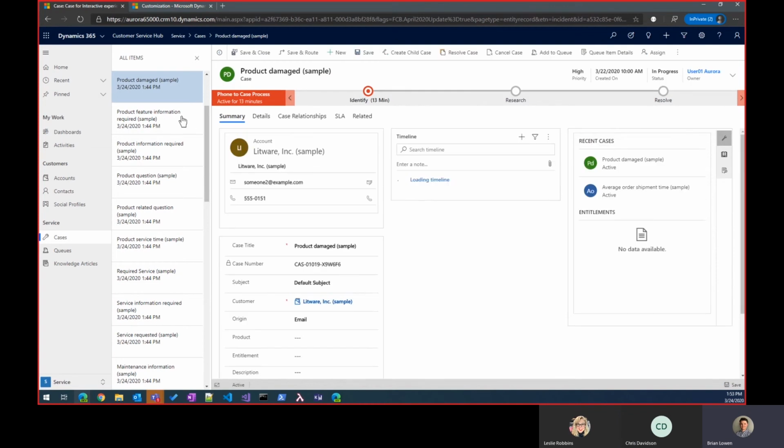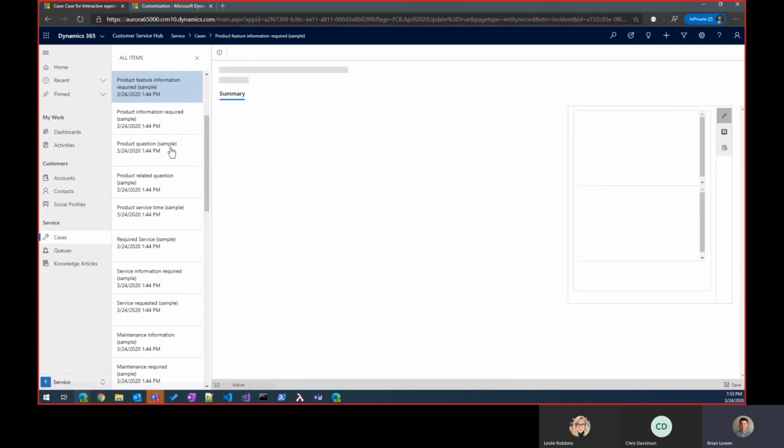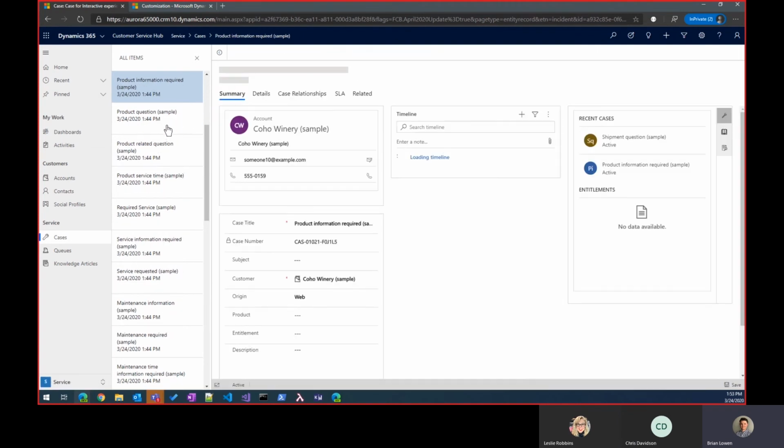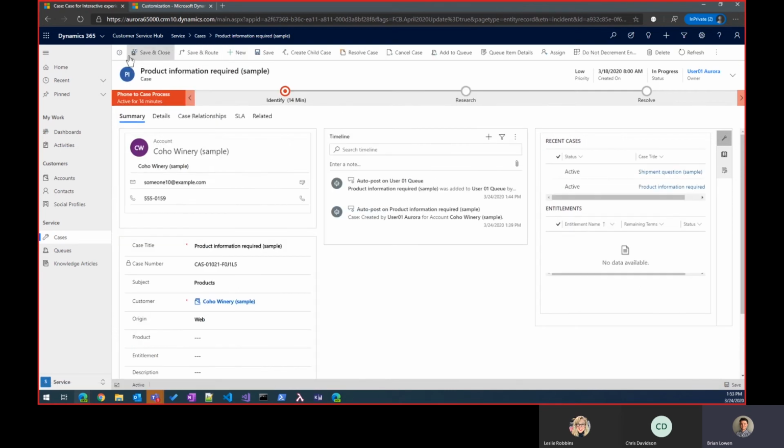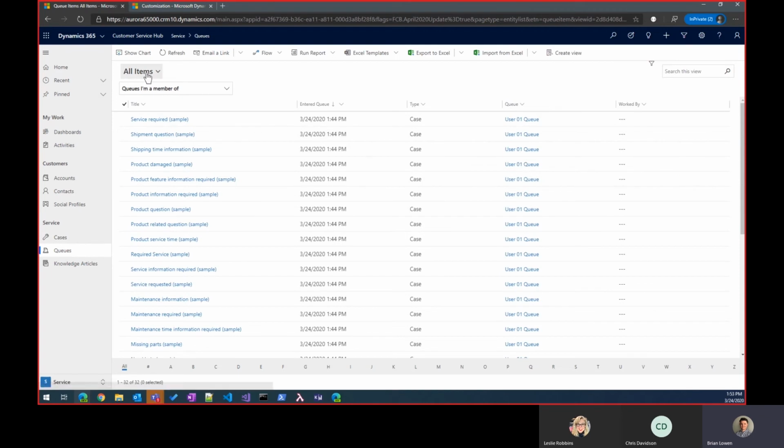And this works for all entities. Right now I just have cases in here, but this also works for tasks, email, any kind of entity that can also be a queue item. And it allows you to just quickly navigate between them. And it retains all the filters of the previous view, just like any other